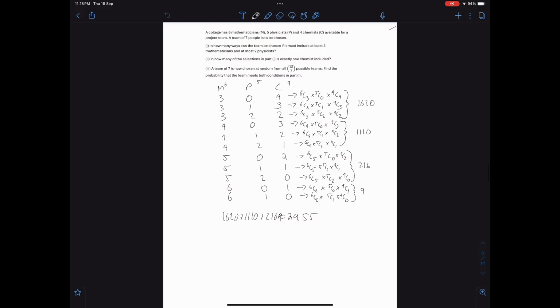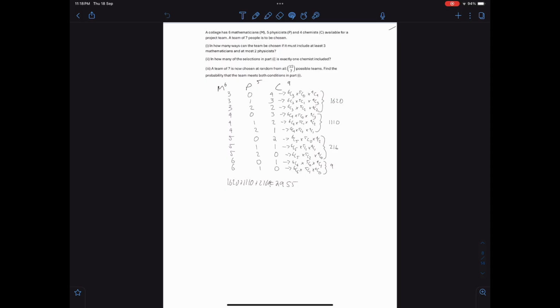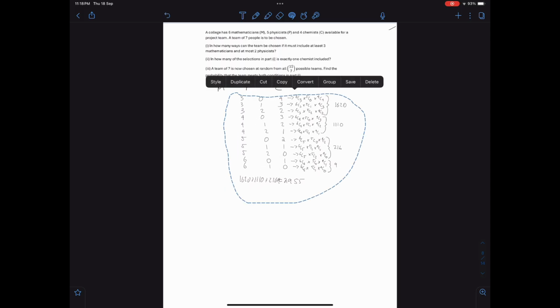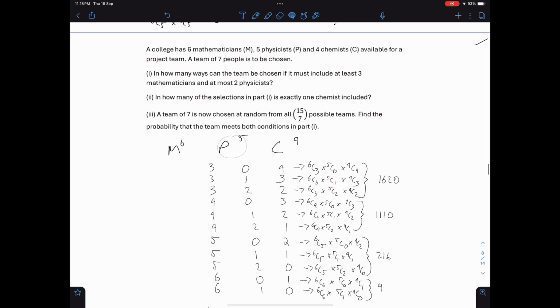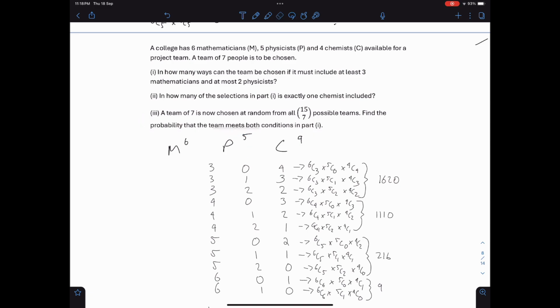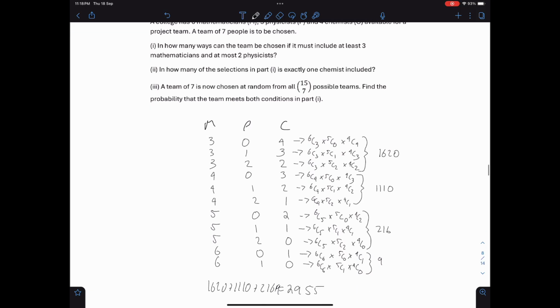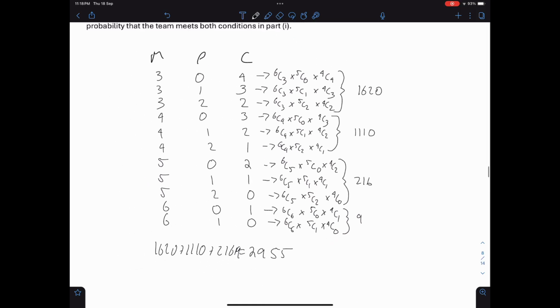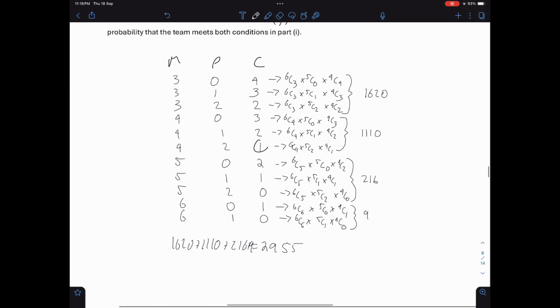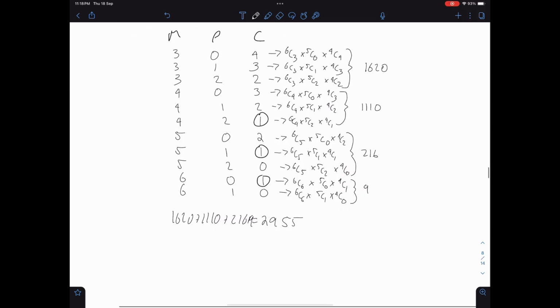Right, okay, that's sorted out. I'm going to just shrink this down a bit because we need the space for the other questions. So how many selections in permutations is exactly one chemist chosen? Okay, so it's just